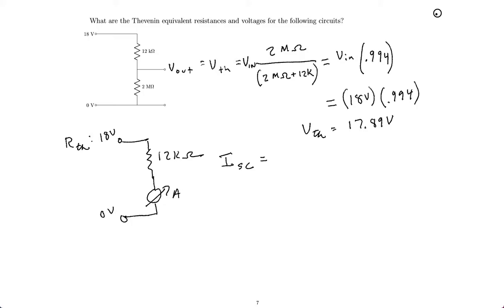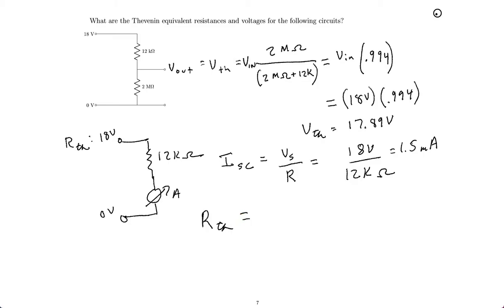So V equals IR, or I equals V over R. So it's V supply over R, or 18 volts over 12 kilo ohm. And back to the calculator, 18 volts divided by 12,000 ohms is 1.5 milliamps. So that's the short circuit current,